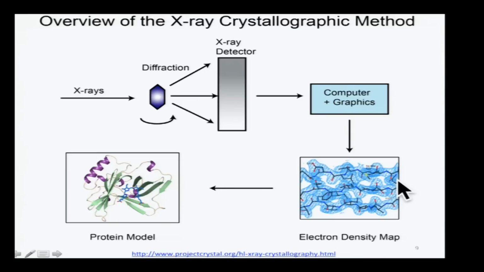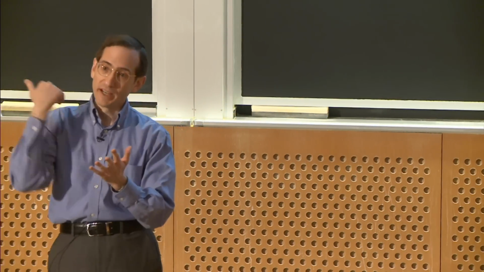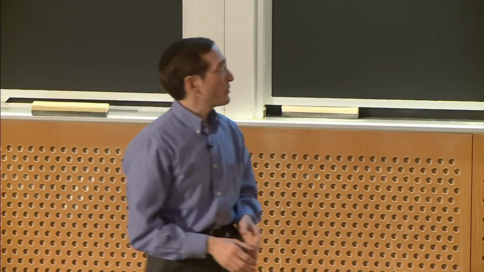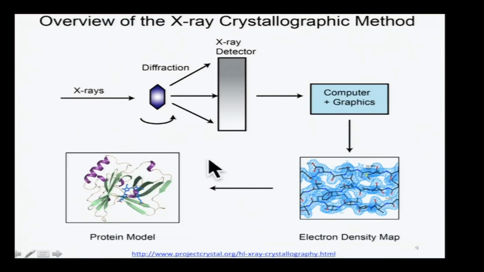And what you can calculate after a lot of work from these crystallographic diffraction patterns is the location of the electron density. And then there's a computational challenge to try to figure out the location of the atoms that would have given rise to that electron density, that then when hit with X-rays would have given rise to the X-ray diffraction pattern. So it's actually an iterative process where one arrives at an initial structure and then calculates from that structure where the electrons would be, from the position of the electrons where the diffraction pattern would be when the X-rays hit it, and determines how well that predicted diffraction pattern agrees with the actual diffraction pattern, and then continuously